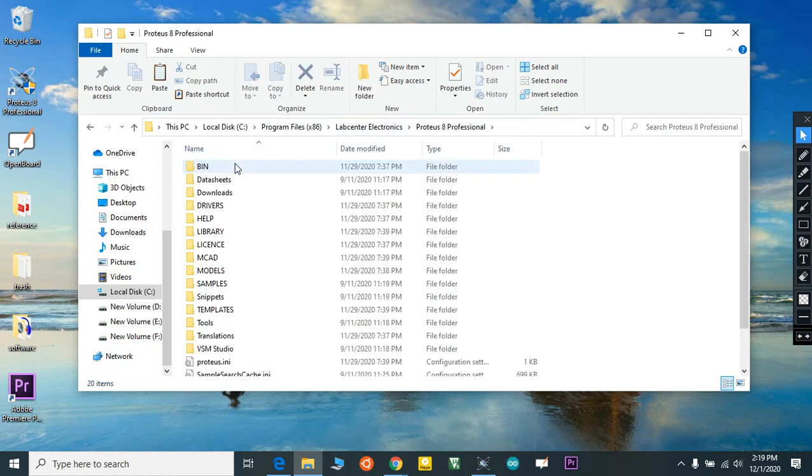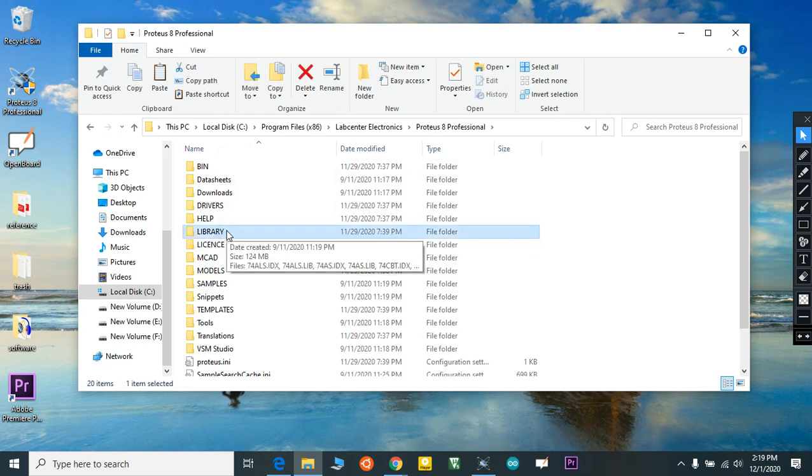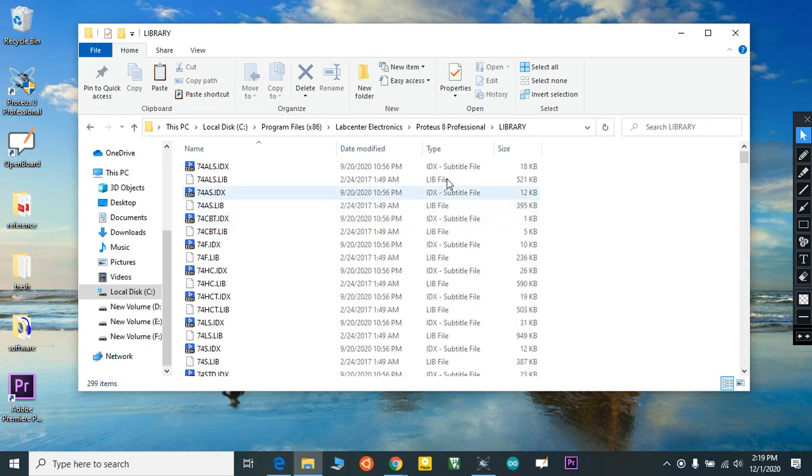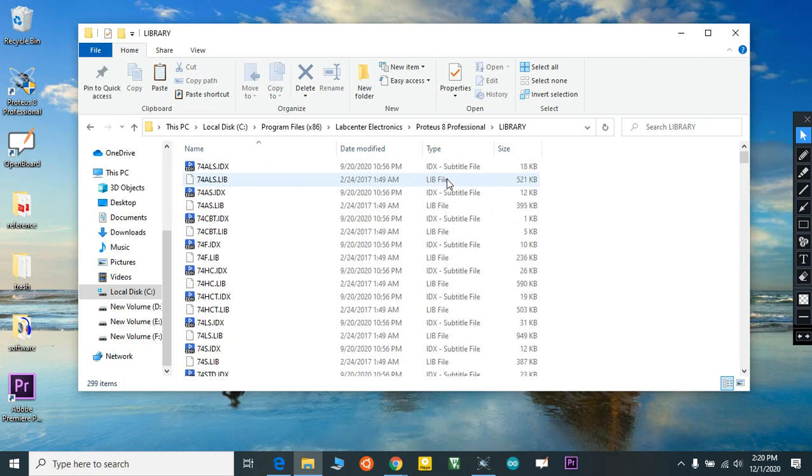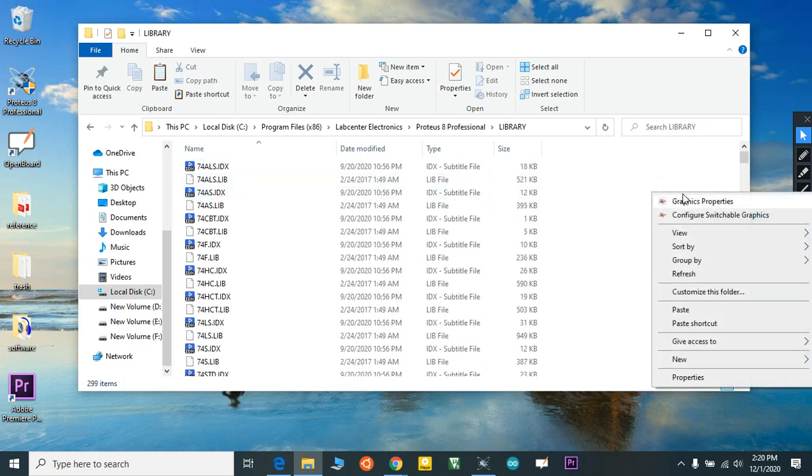Open this folder. You can see a folder named Library. In this folder all the libraries and components exist. These are different types of libraries. I just paste our Arduino library here.